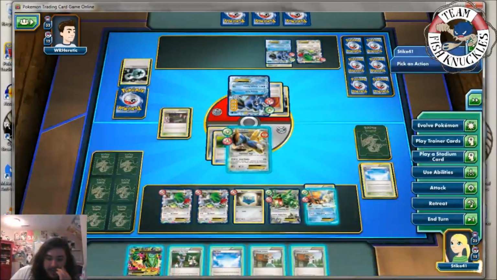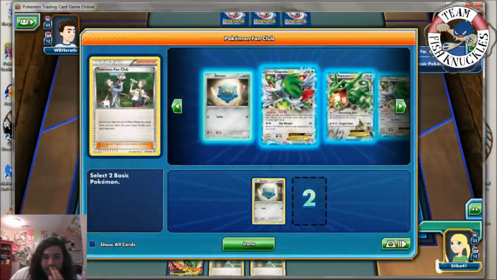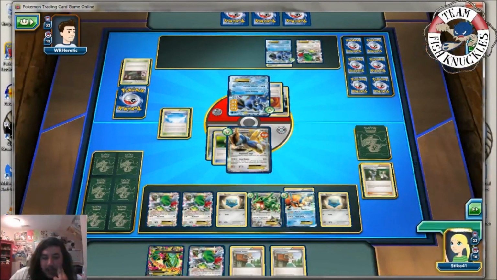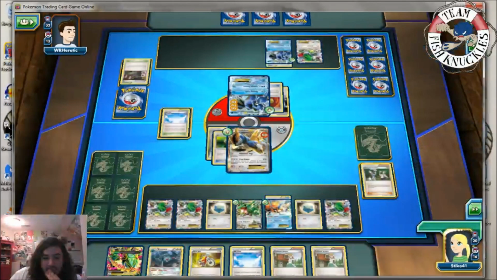Okay, so on to my turn. We get the Skyfield. We get the Fan Club here. And we'll get a Bronzor and a Shaman. So get those two. Put down the Bronzor. Put down the Shaman, draw 3 cards. We get the Bronzong down, and